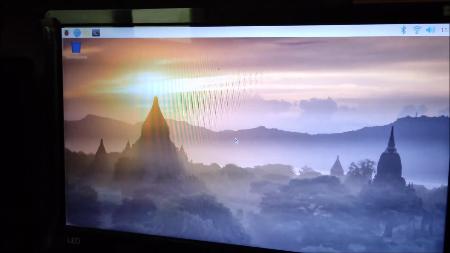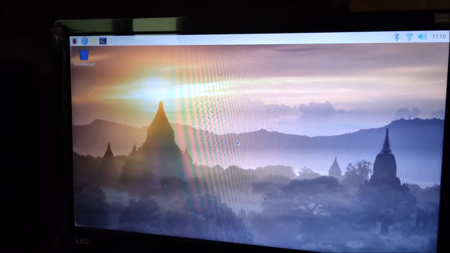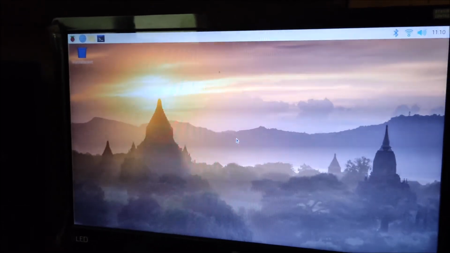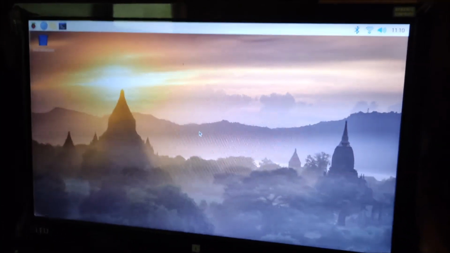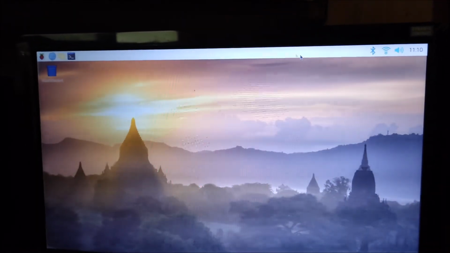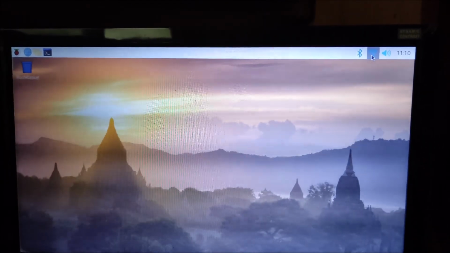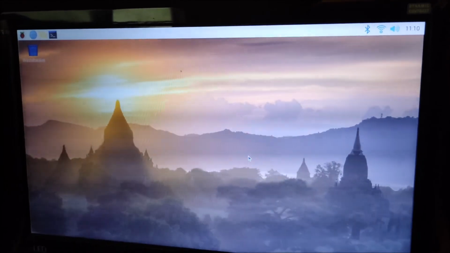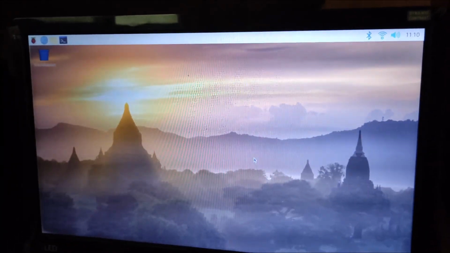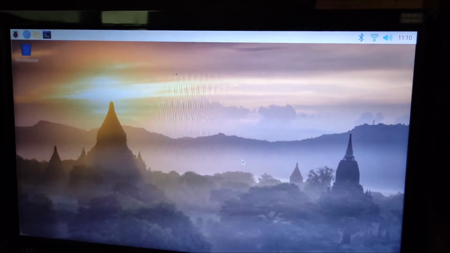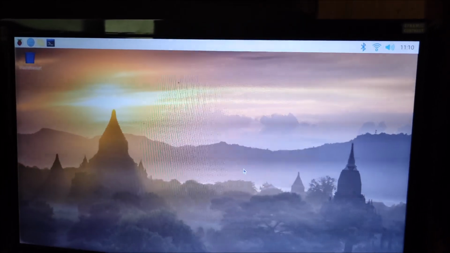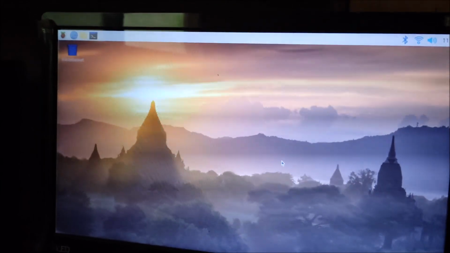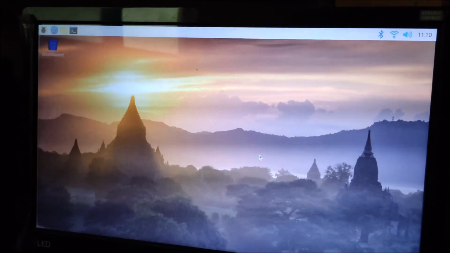So friends, as you can see, I have powered on our Raspberry Pi 4, and this is our Raspbian OS desktop, the first screen. As you can see, we have our Wi-Fi here and it's enabled, because we enabled the Wi-Fi with the help of the Imager on first boot. So we don't need to configure the Wi-Fi. This is the way you can install Raspberry Pi OS on the Raspberry Pi 4 using the latest version of Raspberry Pi Imager.